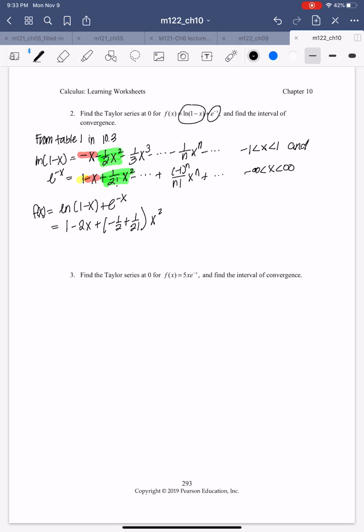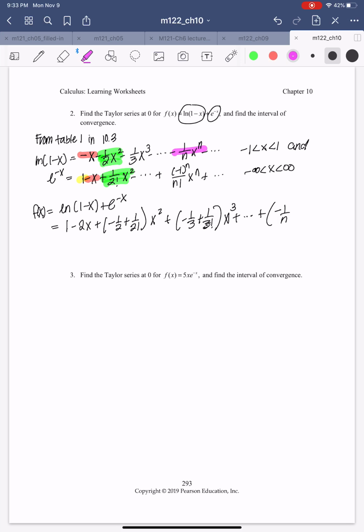The third one, you can see the pattern: negative 1/3 plus 1/3 factorial, x cubed. All the way up to the nth term,